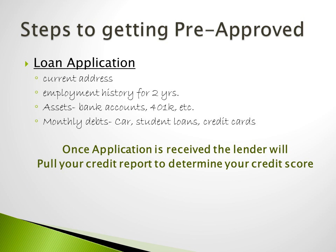The loan application is the first part in getting pre-approved. I've listed out some items here that you'll need to get to your lender. Obviously, your current address, employment history for the last 2 years, any assets, bank accounts, 401ks, that kind of thing. And also a list of your monthly debts. These are things like car loans and student loans and credit cards, not your monthly expenses like utilities or cell